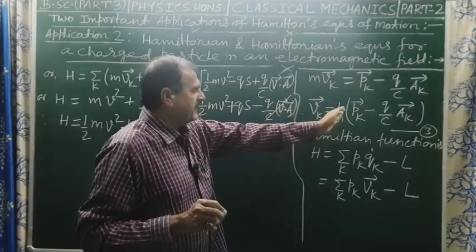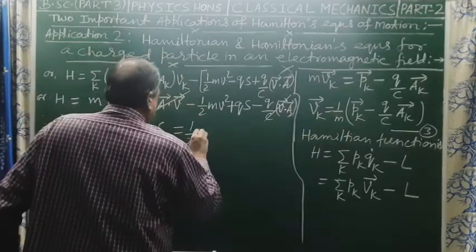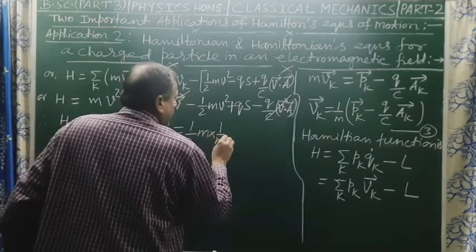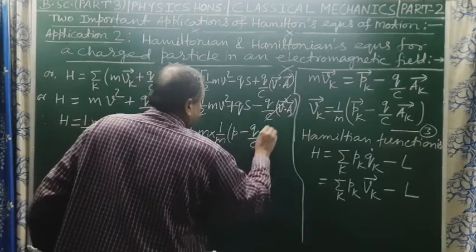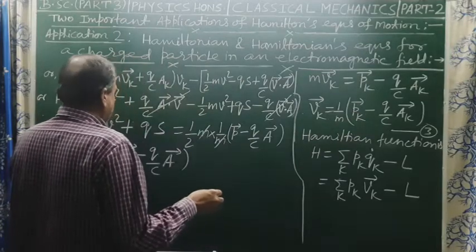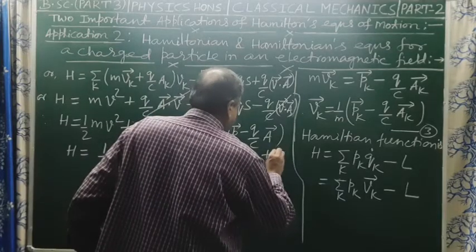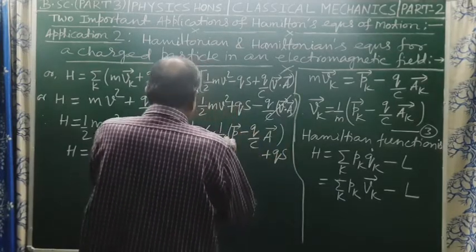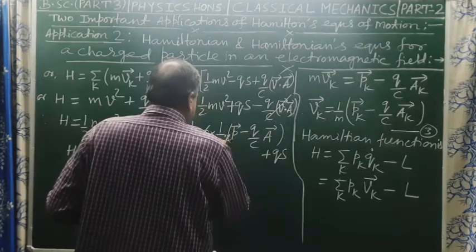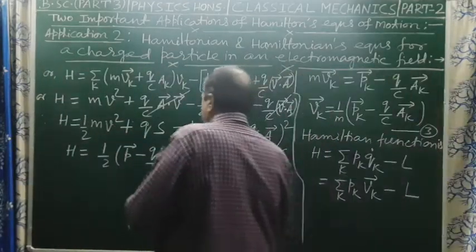Now in place of v we can write vk. In place of v we can write 1/m p minus q by c a, so we can write here 1/2 m, in place of v we can write 1/m p minus q by c ak, this is v squared, plus the second term is q s. So half m squared, one power of m will cancel so one m will remain, and here also it will be squared, so the Hamiltonian will be